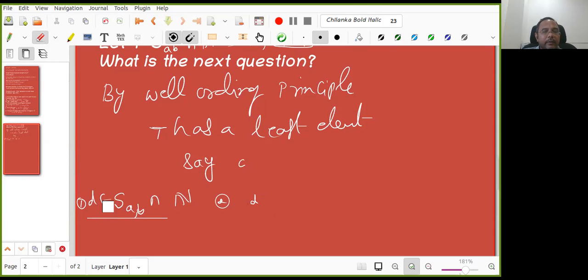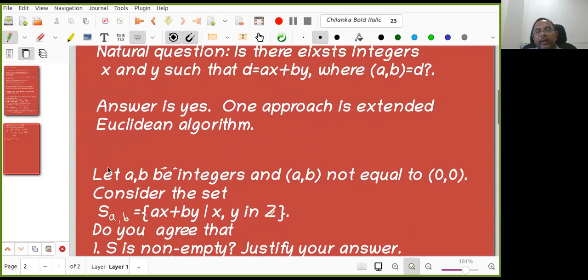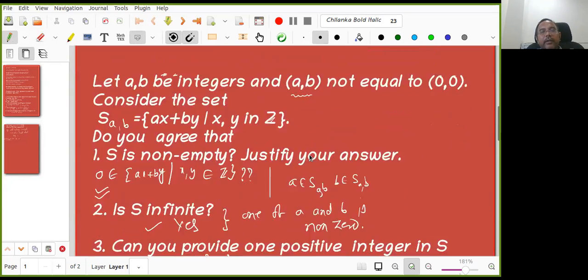It is because whenever I write D, you are thinking GCD. Where did I say GCD? My problem, I started from here. A and B are two integers, and (A, B) is an ordered pair. Sankriti asked, so that's why I'm not writing (A, B) not equal to (0, 0). Instead, I'm writing A squared plus B squared not equal to 0. But here, this AB is an ordered pair. It is not GCD. This is the confusion. I'm sorry for that.